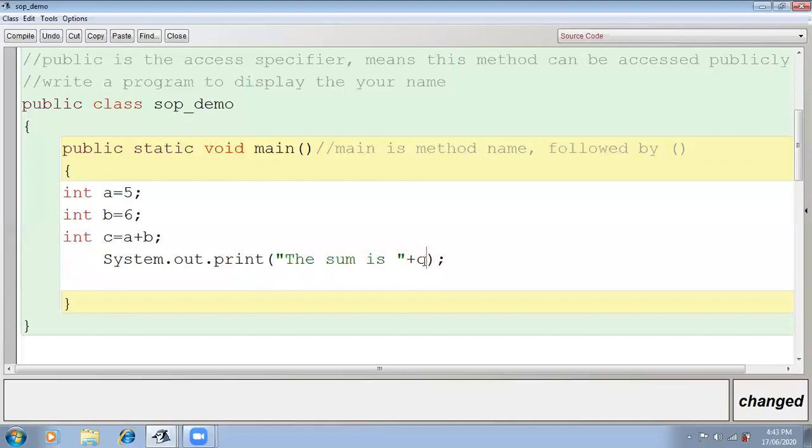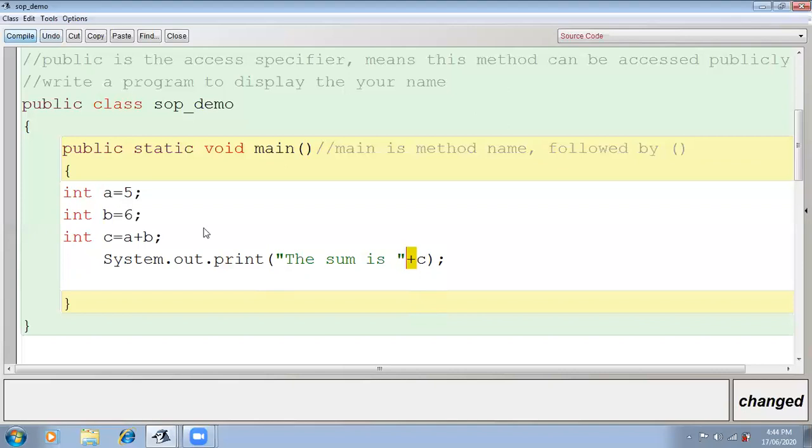Here I want the variable value, so I need to join them. So plus is the operator used to join the message and the variable. Join means concatenate. Okay, understood?